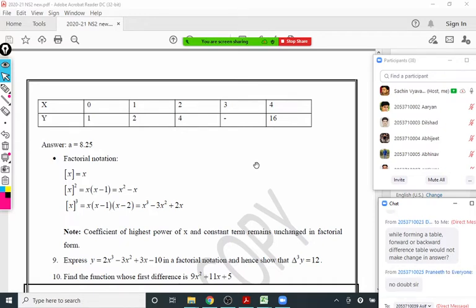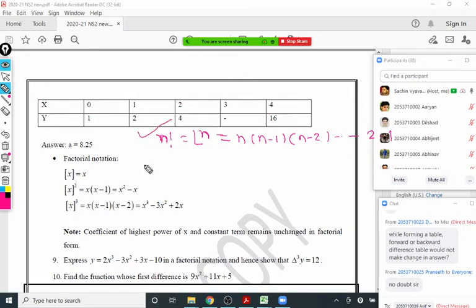Okay, so the last small article that we have, factorial notation or converting a polynomial into factorial form. So that we have to see here. First, you should remember the definition of factorial. Whatever factorial function you learned for integers, that is different. You learned n factorial, which is n into n minus 1 into n minus 2, and so on up to 2 into 1. So this is just multiplication of n integers. So this factorial you are familiar with.